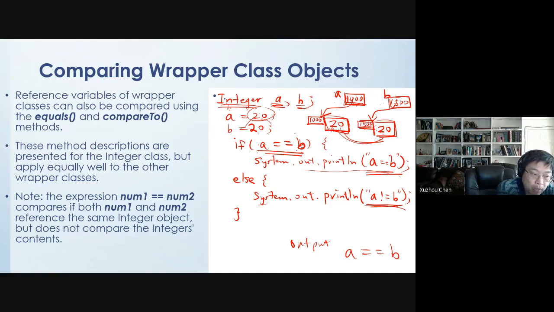Okay. So when you compare this, you compare the reference value. Now, if you really want to write the correct code to compare the 20 and the 20, which are the objects that both A and B are pointing to, then you should use the methods provided by the class Integer. Okay, so that's the reason why we say it's different when you actually do the comparison. If you really want to compare the value that both A and B are pointing to,